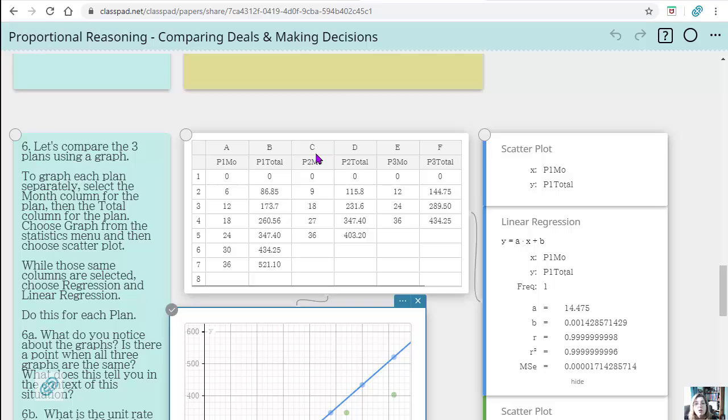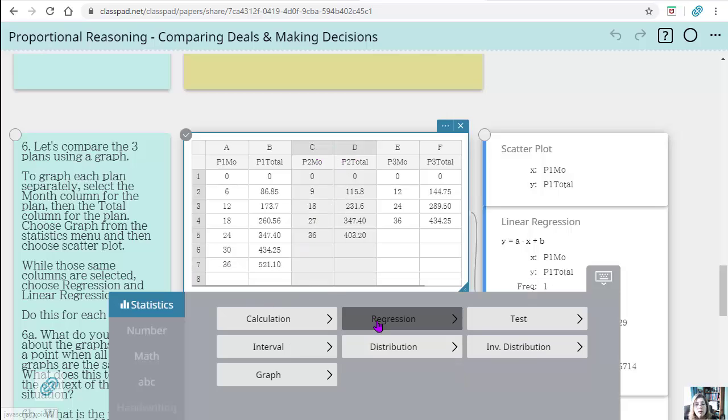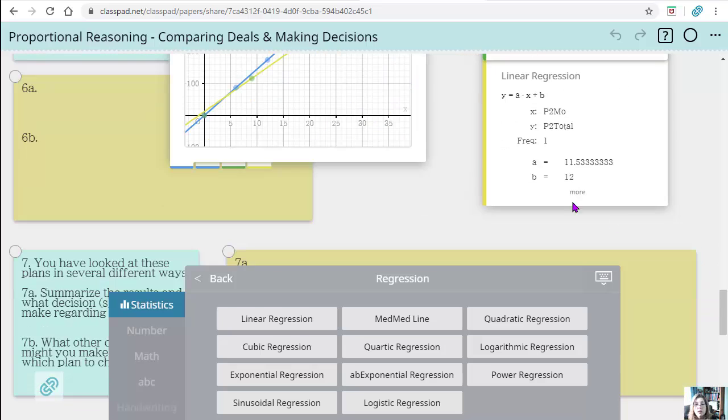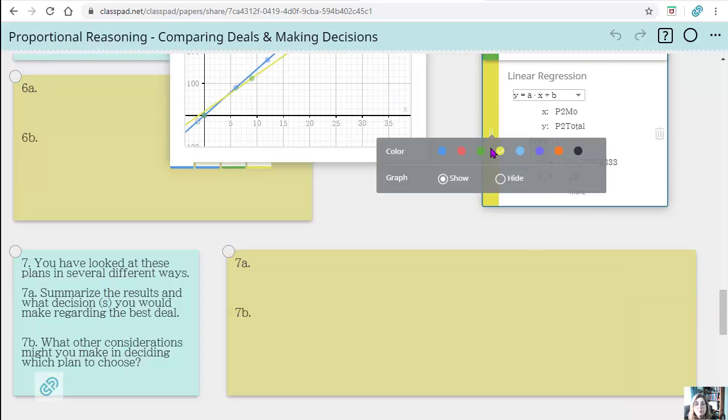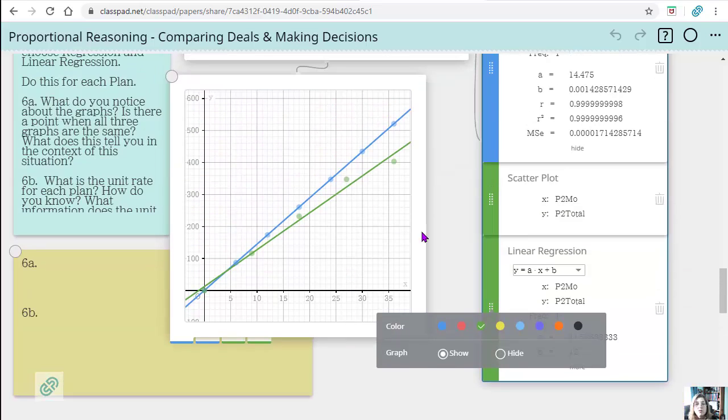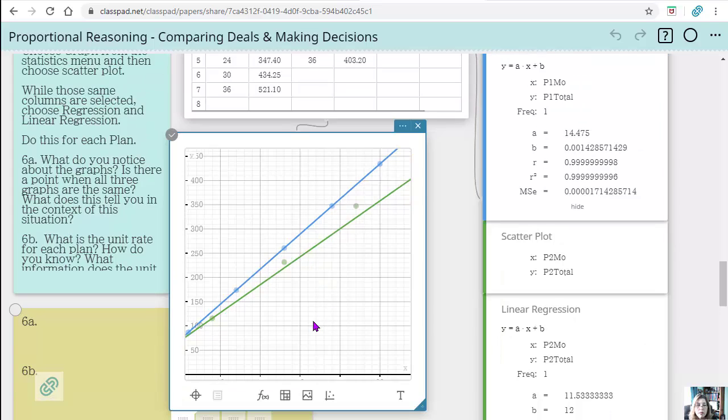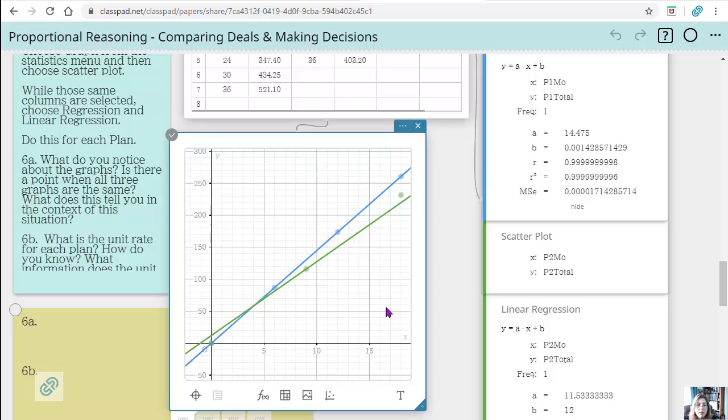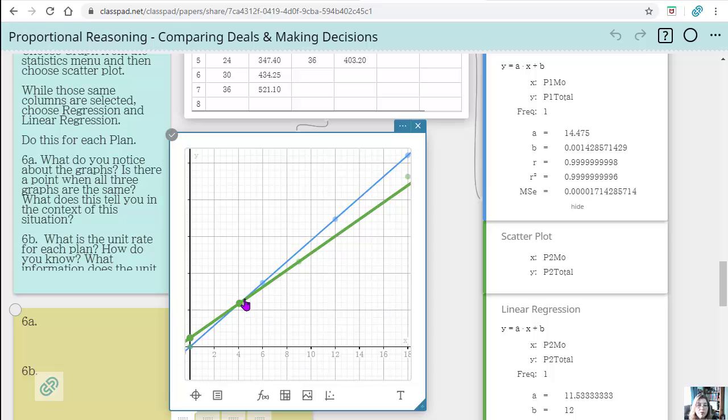And then we're going to do the same thing. We're going to do a linear regression, and change it to also be green. And so is there a point where they're intersecting, and that's down here? Maybe we want to, you can zoom in and kind of see different points, and you can click on them and find a point of intersection. So here's the point of intersection. It's about 4.8 months. So remember, months down the bottom, we're paying $59. So if I only want it for 4 months, then either plan 1 or plan 2 would be a good decision.